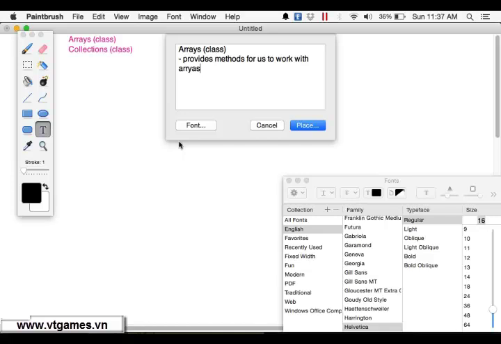That's what it's called. It belongs to the java.util package. It provides utilities in the form of methods to work with arrays. And similarly,